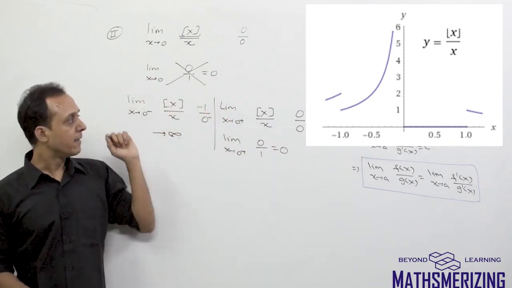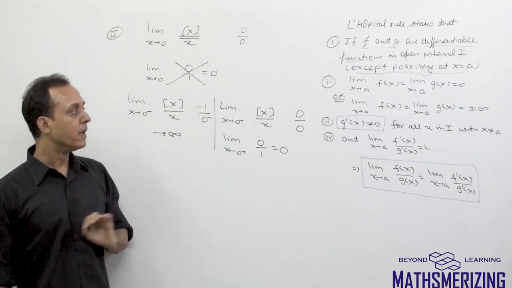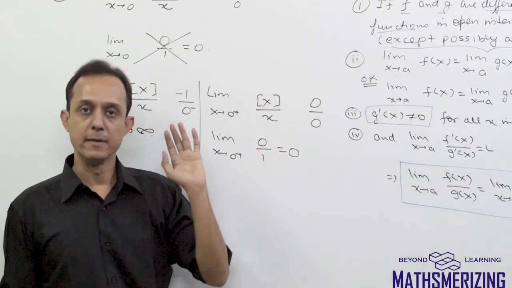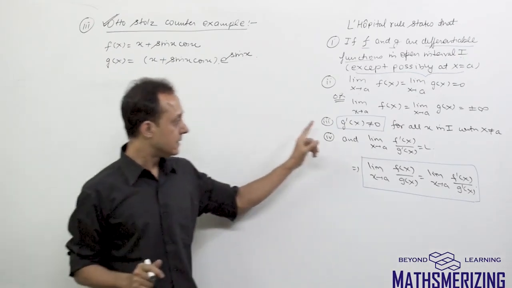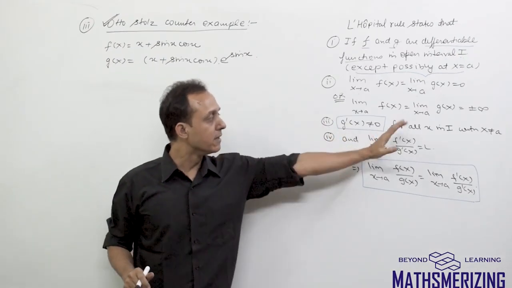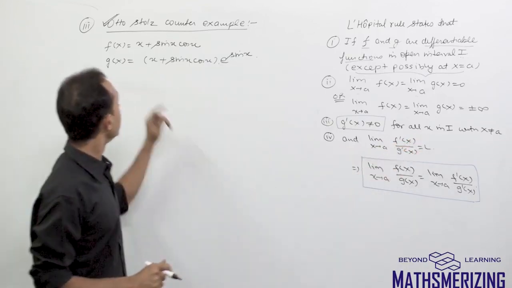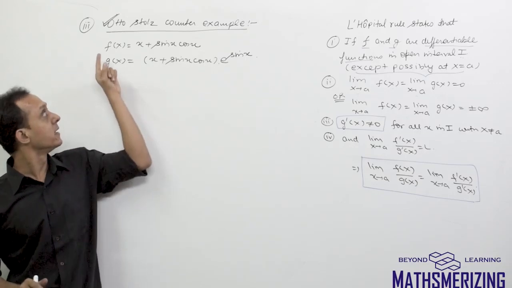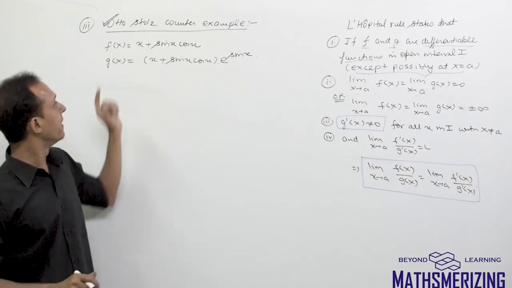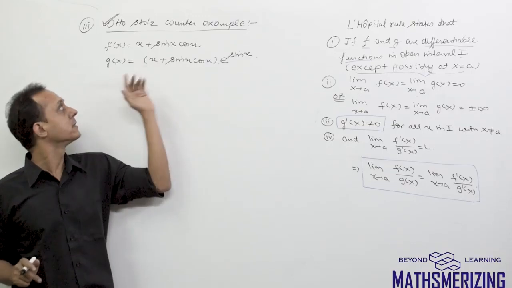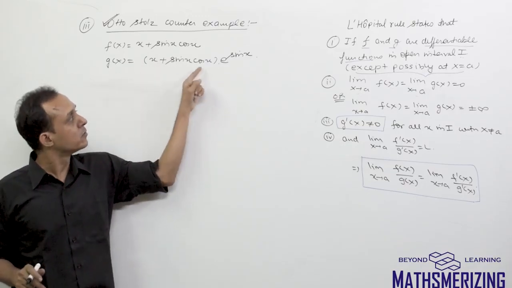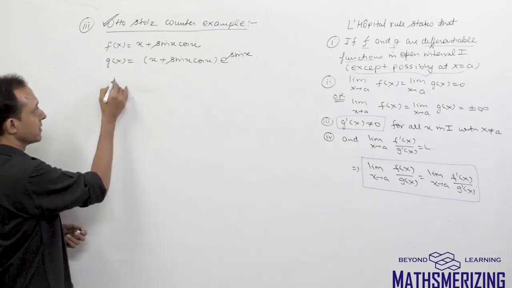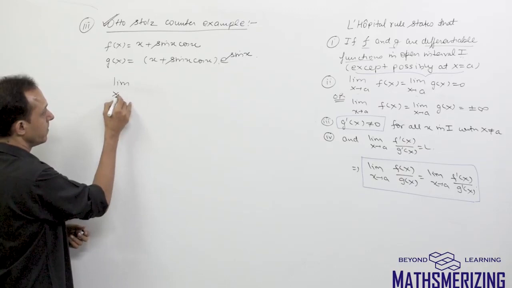So second condition is L'Hopital's rule can only be applied if the limit is either of the form 0/0 or plus minus infinity upon infinity. Now for this third condition, that is g dash x should not be 0 in this interval I except possibly at a. So I'll take up a counter example by mathematician Otto Stolz, and what he has done was he has taken two functions f(x) and g(x). f(x) is defined as x plus sin x cos x and g(x) as x plus sin x cos x into e to the power sin x, and now we wish to calculate this limit, which is limit x tends to infinite